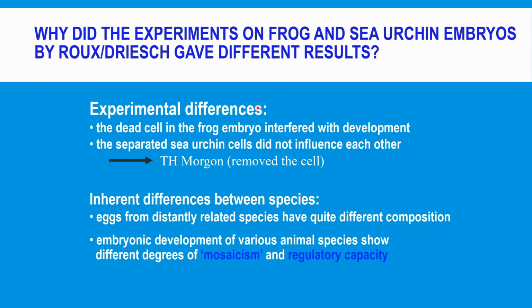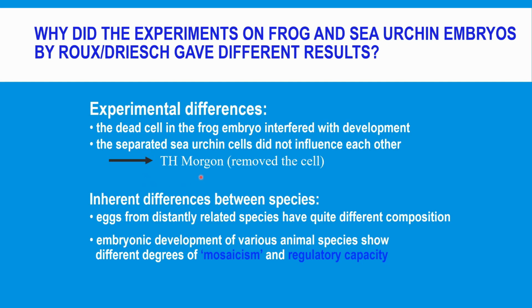And experiments had been done to show the existence of both. So people started to argue, well, there are experimental differences between these two approaches, right? The dead cell in the frog embryo, perhaps that interfered with development, while in the case of the sea urchin eggs, cells were separated and therefore did not influence each other. So